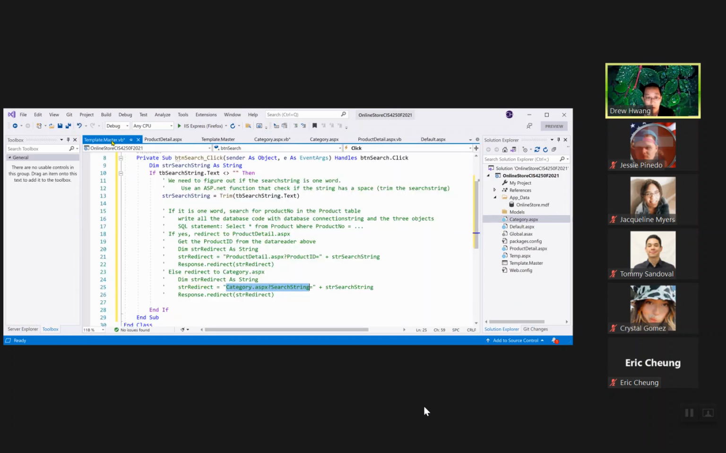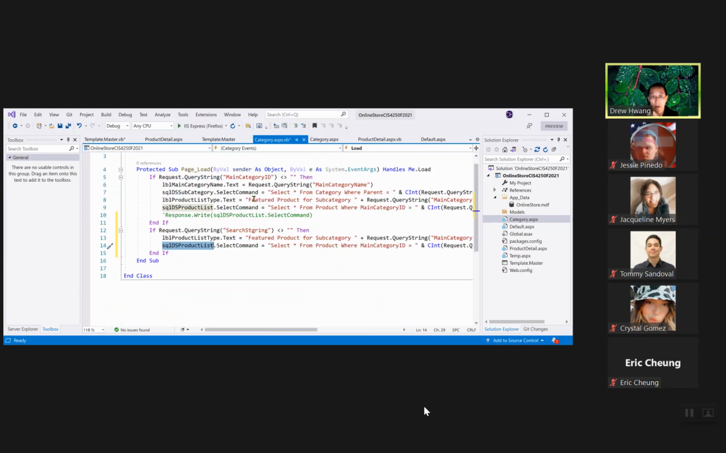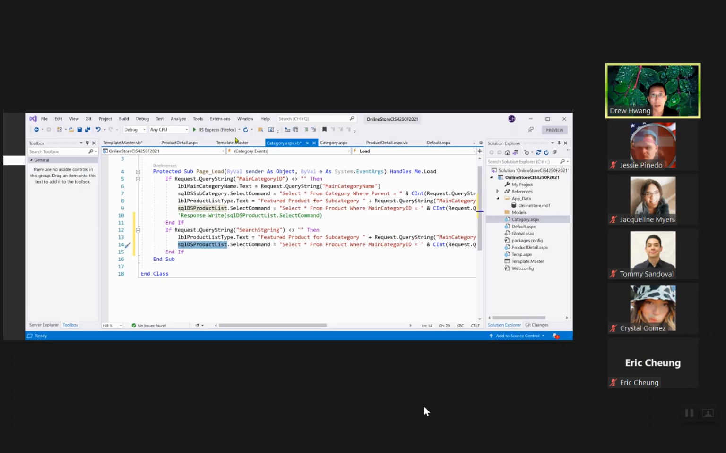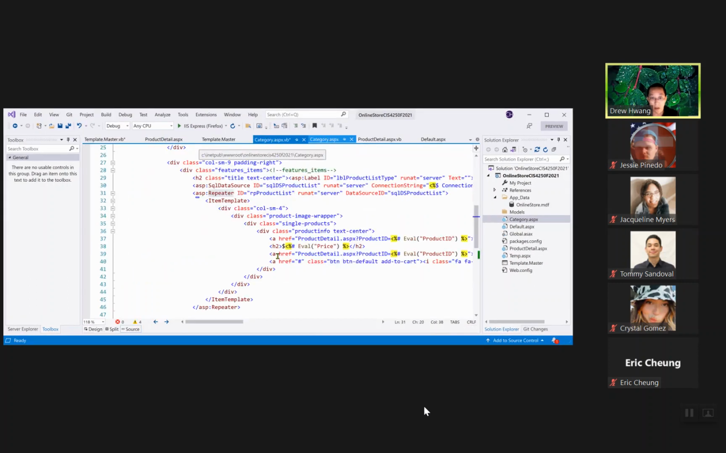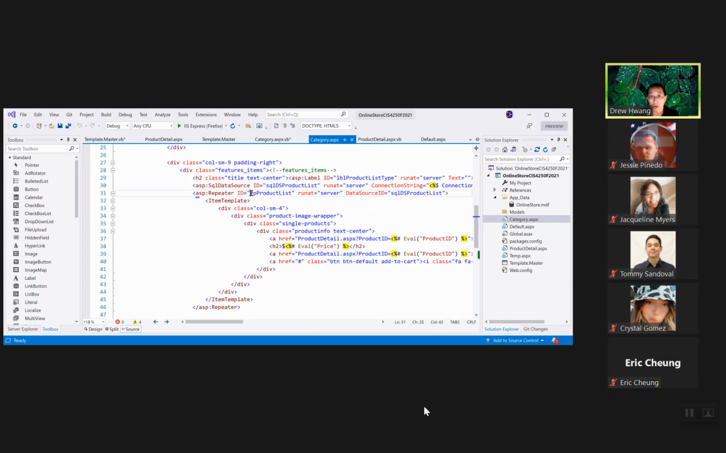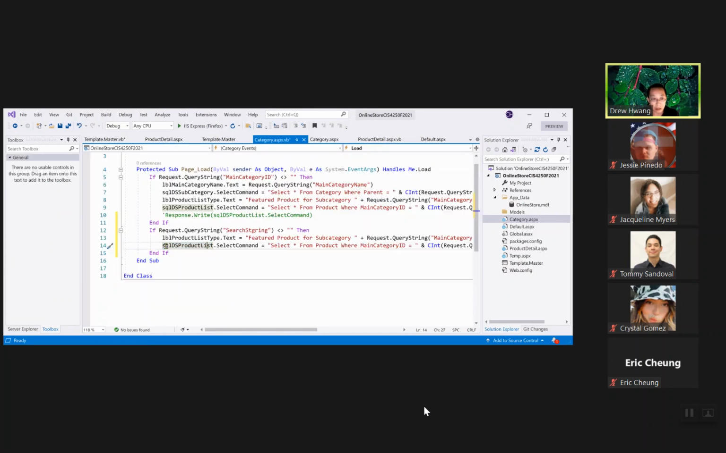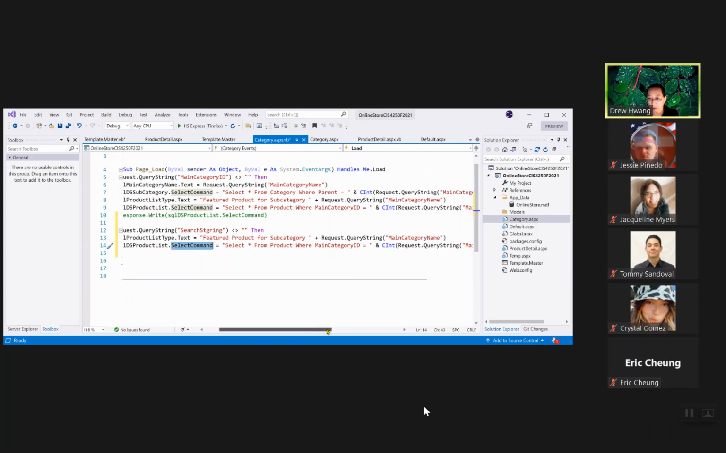So, category, so it is this, right? Repeater product list, okay? And it has a data source, it's a SQL data source product list. So what we need to do is redo the select command of the SQL data source product list. Now select everything from product where